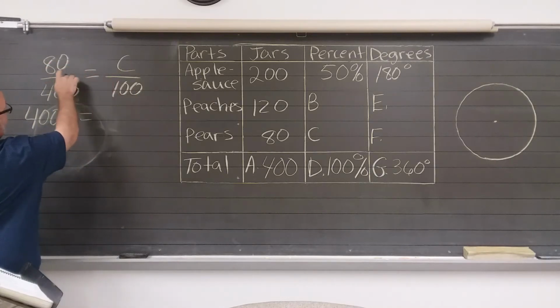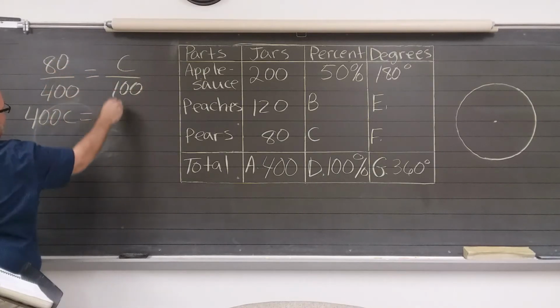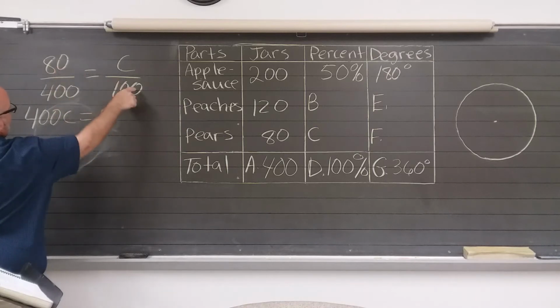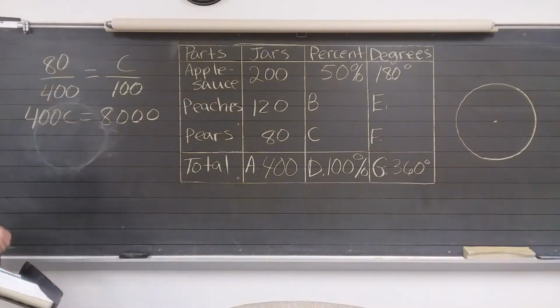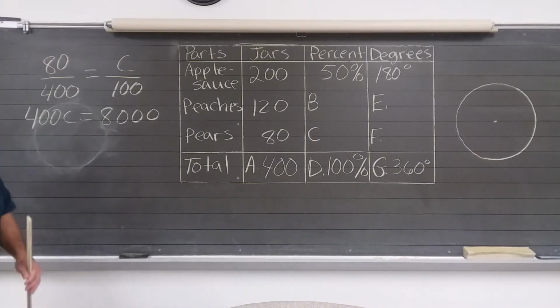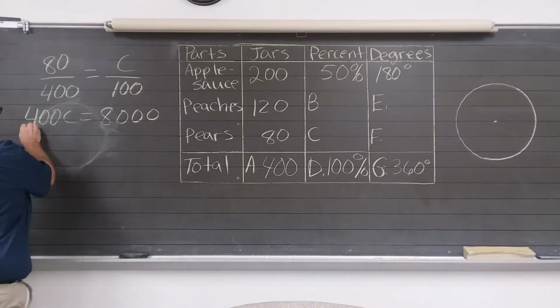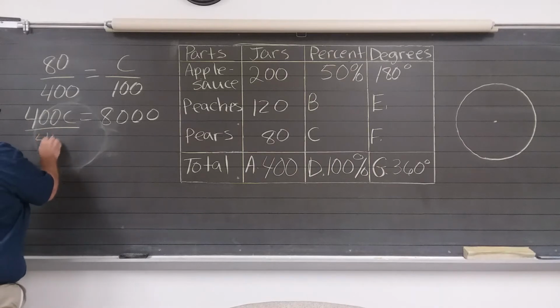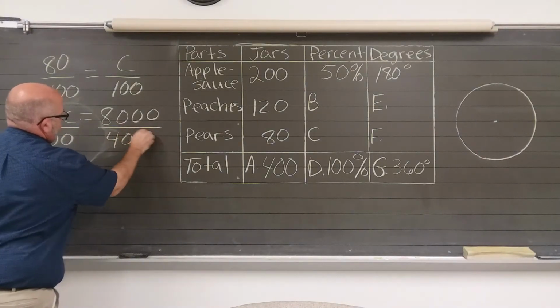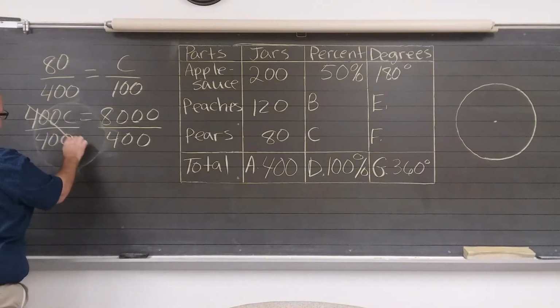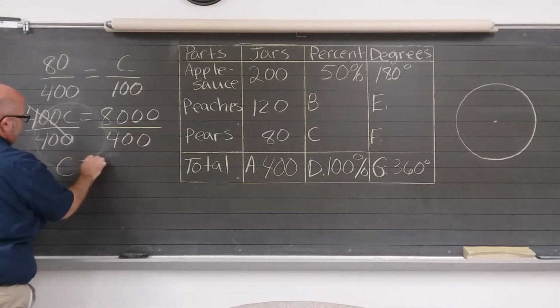What's 100 times 80? Just add another zero, 1 times 8 is 8, add 3 zeros, 8,000. Okay? Divided by 400. That gets rid of the 400, so all you have left here is C equals